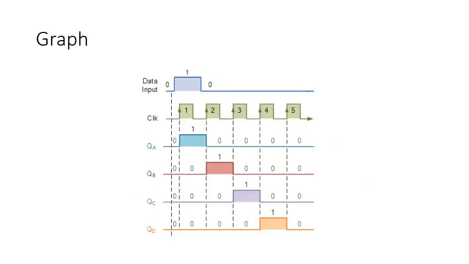Now let us see the graph for the shift register. This will make the concept more clear. Now what is happening at the data input, as we have discussed, let's say a 1 bit is coming at some time, right? So when we apply the first clock pulse, these CLK, it is representing the clock pulses, and these numbers show the first clock pulse, then second clock pulse, third clock pulse, up till 5 we have shown. And as you can see, an arrow is shown on the positive edge. So this is a positive edge triggered clock. So whenever a clock's positive edge is encountered, the output is going to alter.